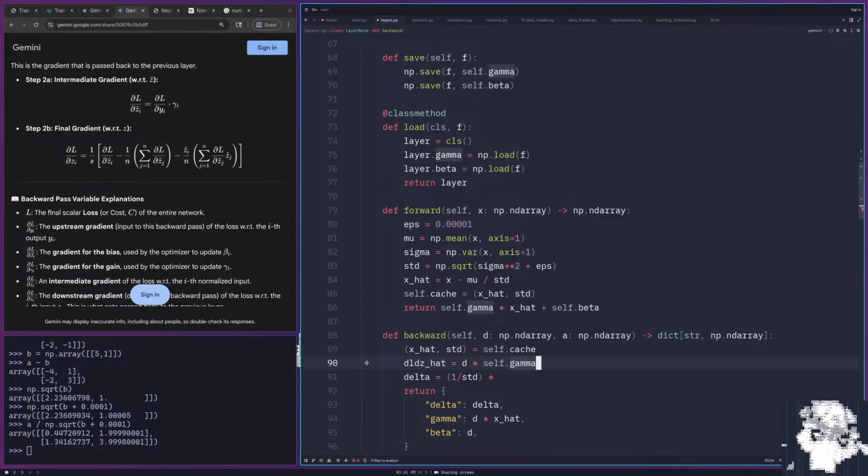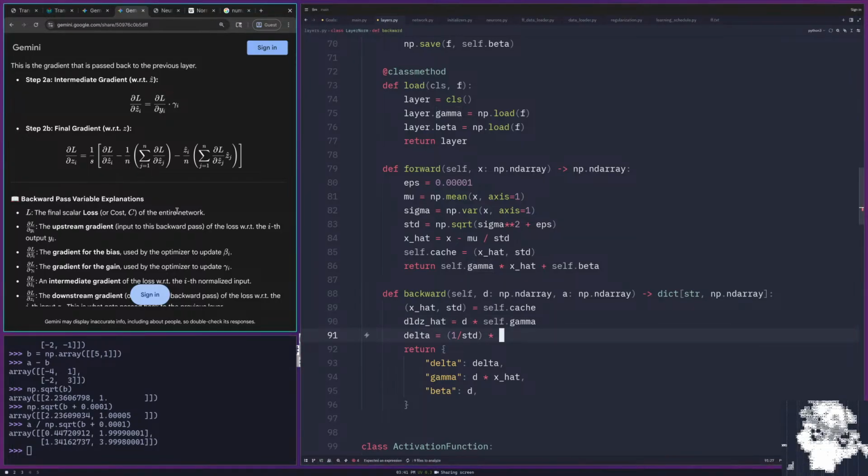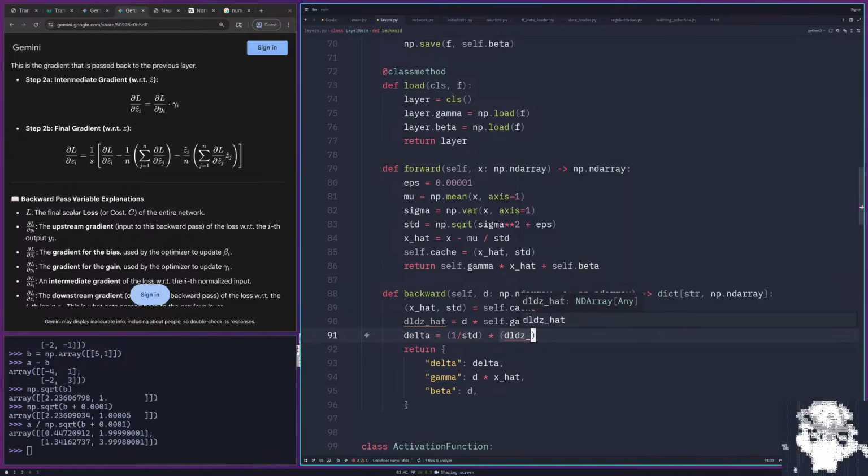Gamma is my, what do you call it, a learned parameter. So I have it on self. dl dz hat is this. So you are this times, oops, dl dz hat